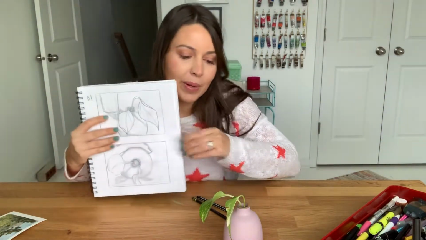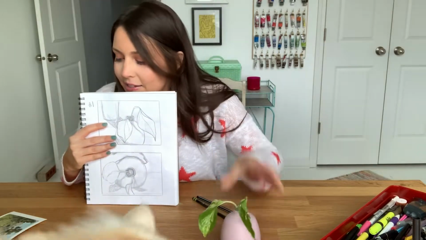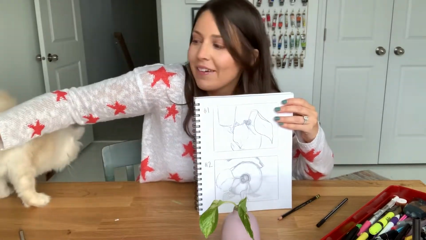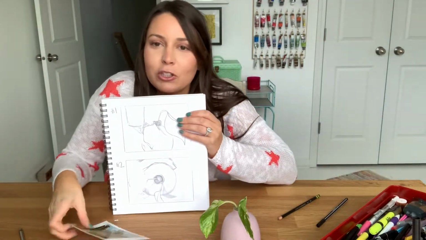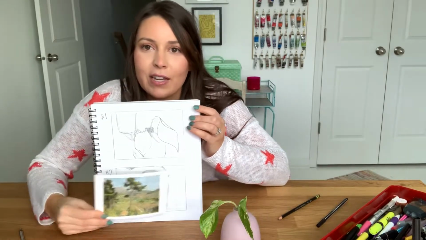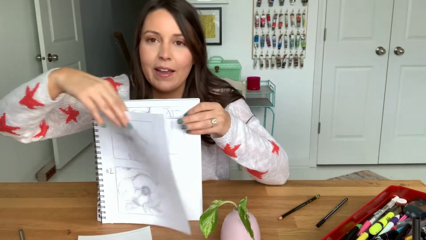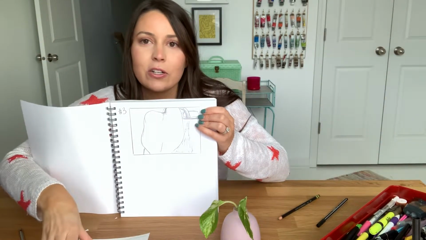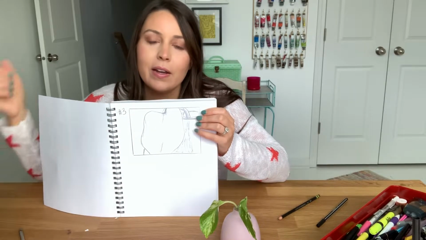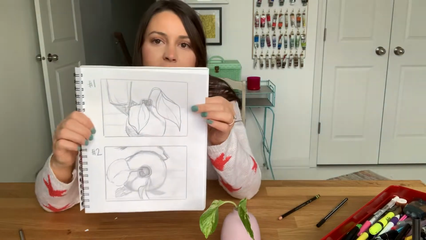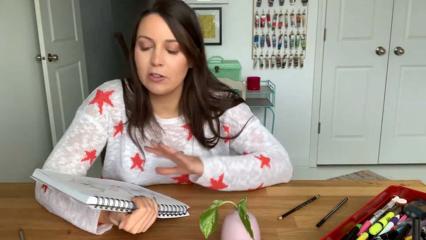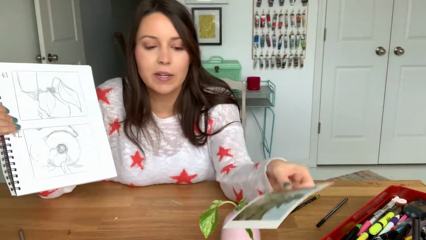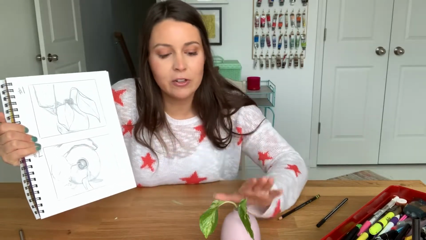So I don't know if you can see here, but for my 3 drawings, I traced a postcard 3 different times. So I've got 1, 2, and then my 3rd one is on this page. That makes it so I have a box to fill. I always think it's easier to draw inside of a box. It's why we do our sketchbooks inside of a box. It's just easier to fill than like a full page. So you're gonna go ahead and draw 3 boxes. I would trace something so that they are a nice rectangle or a square for you. And then you're gonna draw your object